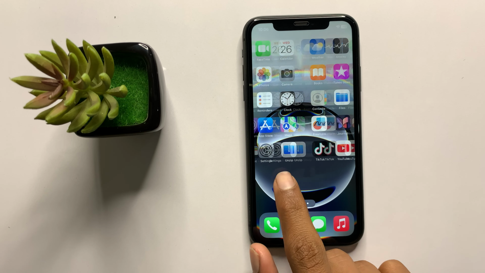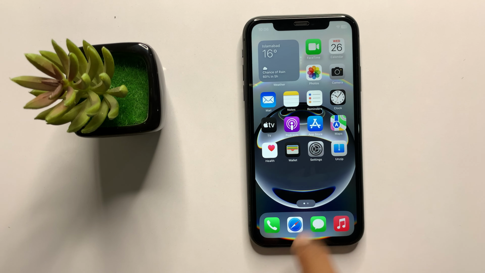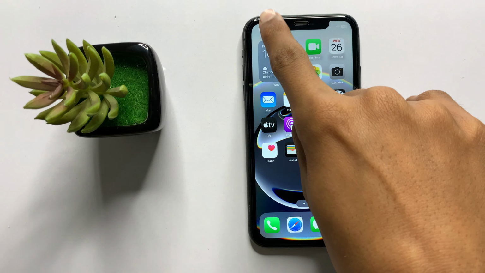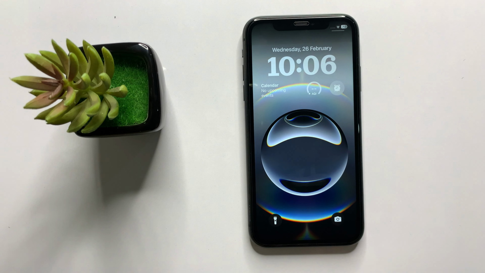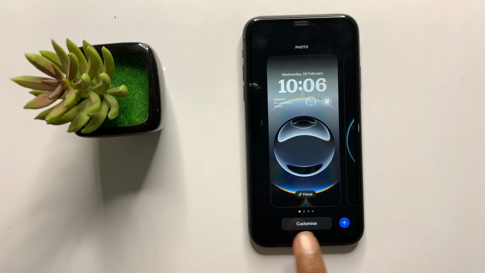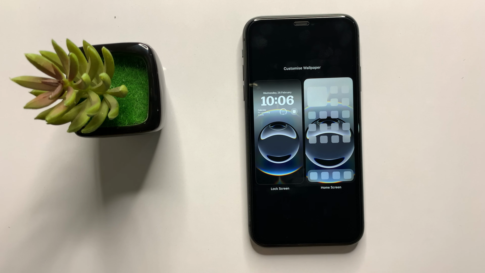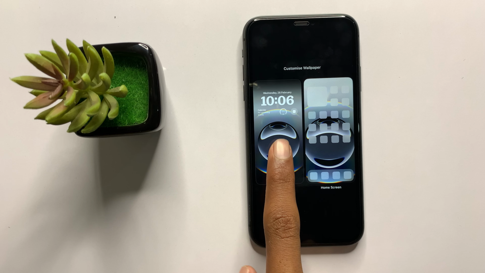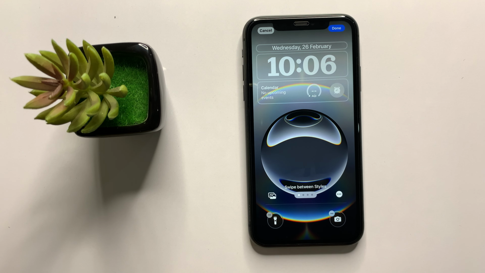First of all, open notification center and then press and hold on screen. Now click on customize and then click on lock screen. Now if you want to change your flashlight and camera on lock screen, then simply click on minus sign and